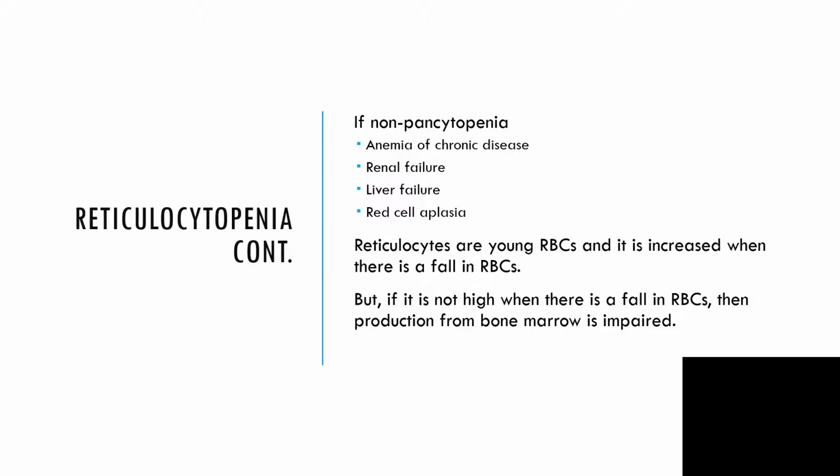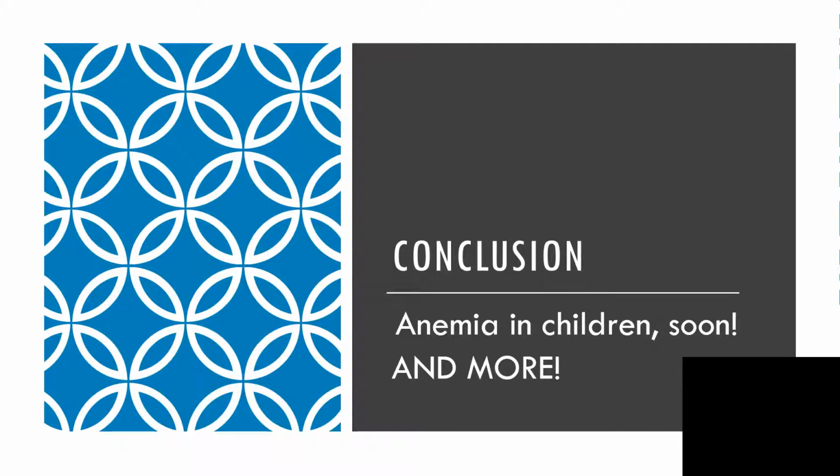So reticulocytes are young red blood cells, and the level is expected to increase when there's a fall in red blood cell count. But if it is not high when there is a fall in red blood cell count, then there is a problem with the bone marrow itself. It means there's bone marrow production impairment. Something has happened to the bone marrow. In conclusion, for now,